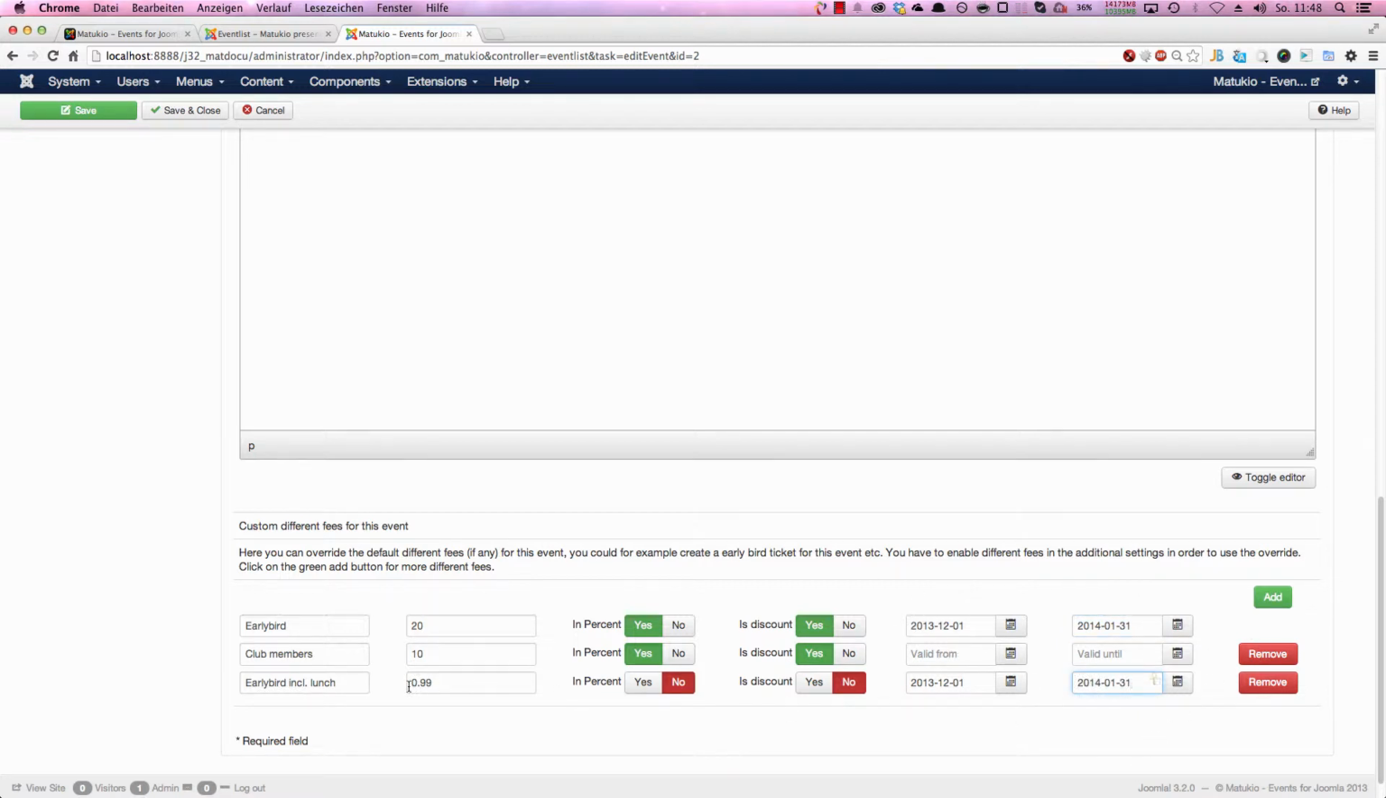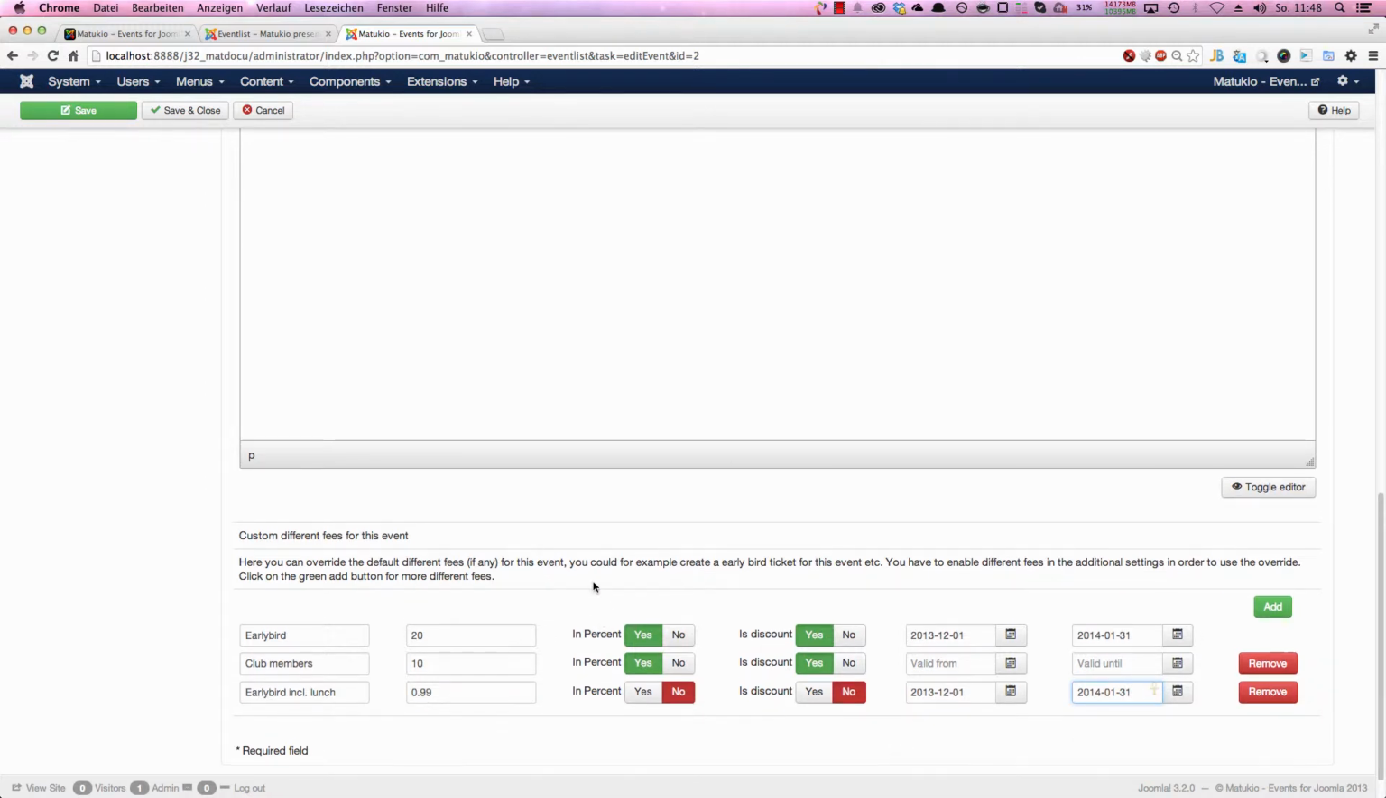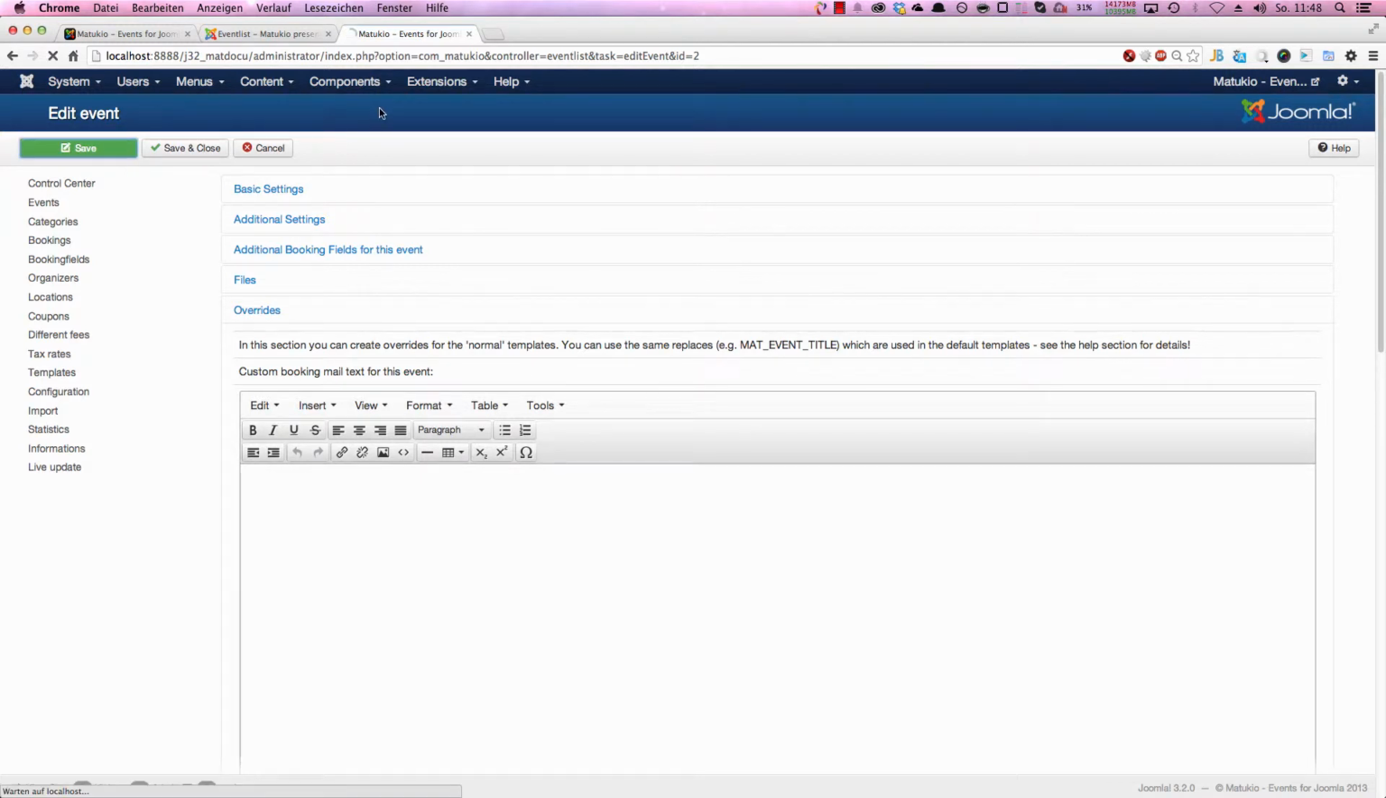After that, the option is no more shown in the front end. So you don't have to switch anything off. It's automatically hidden on the 31st. So let's save that